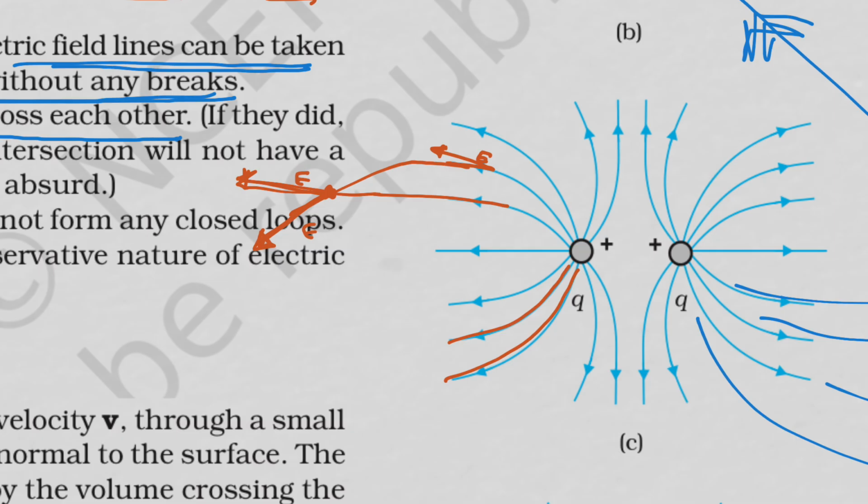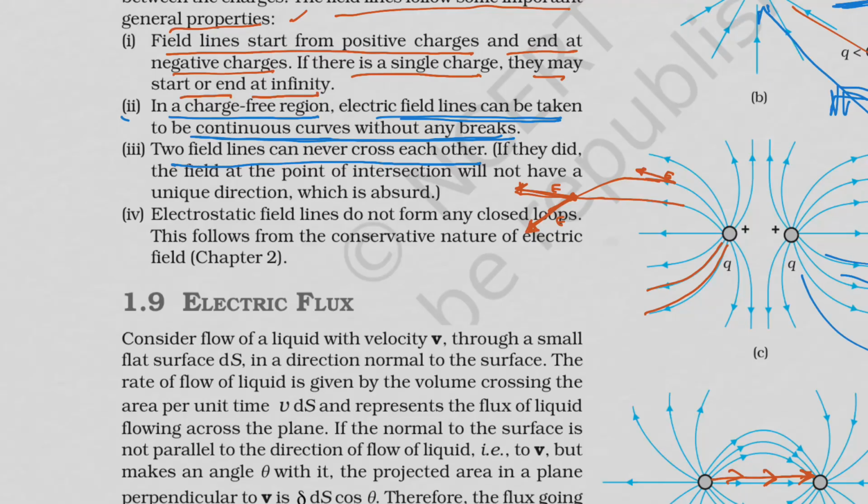If they did, the field at the point of intersection would not have a unique direction. It always has a unique direction. At one point, there will be only one direction of the electric field. So if more field lines intersect at a point, it will give multiple directions,